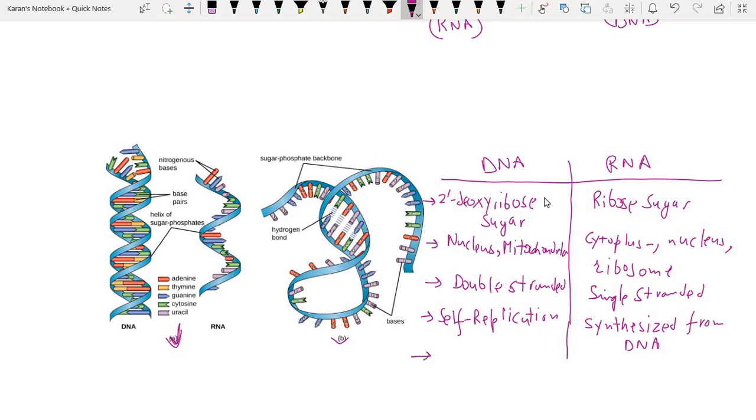Then the last difference which we can see here is the difference in the base pairing. Guanine forms triple bond with cytosine and adenine forms double bond with thymine, but in case of RNA, guanine forms triple bond with cytosine, but adenine forms double bond with uracil, whereas in case of DNA it was thymine. So these are the major differences between the DNA and the RNA, and you can easily see them in the structures. RNA also has base pairs here, right? There are different base pairs, and there is also hydrogen bonding between the base pairs.